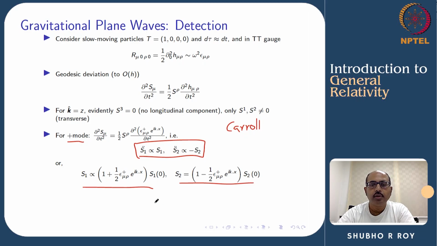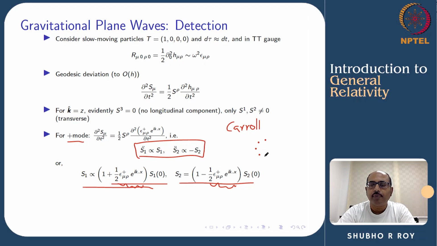Okay, so what you should notice is that the solutions for the separation geodesics, S1 and S2, have a fluctuating part, a wave part, but these fluctuating parts differ in phase by exactly 180 degrees because of the sign, plus and minus, so they're perfectly out of phase. And Carol nicely described that if you consider